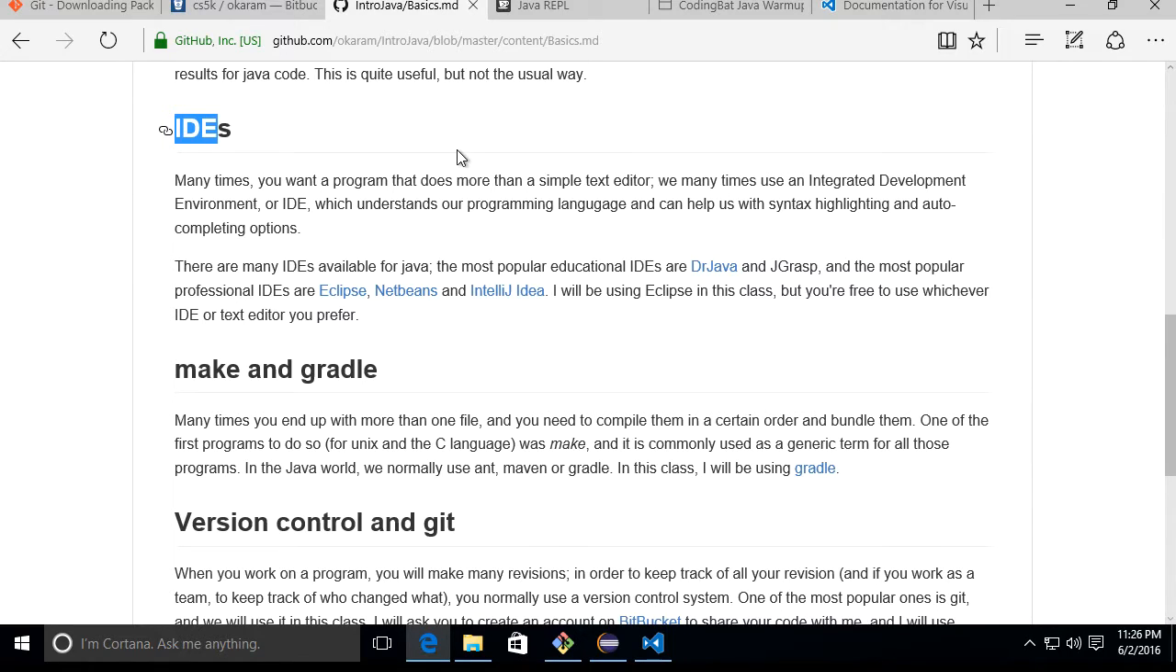There are some educational IDEs that you may have encountered, like DrJava and JGrasp. The professional ones for Java are Eclipse, NetBeans, and IntelliJ IDEA. All of them are available for free. Eclipse and NetBeans are open source. IntelliJ is open source-ish. You can get a version for free. I think you can get some of the source code, but they'll sell you a version